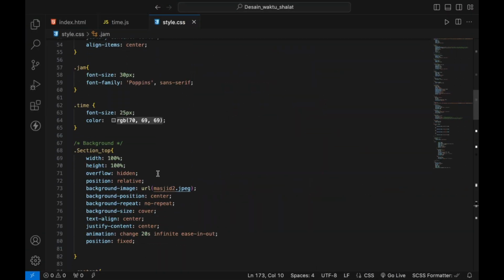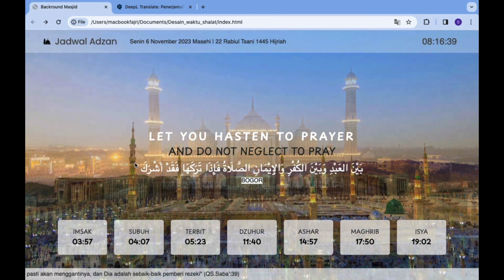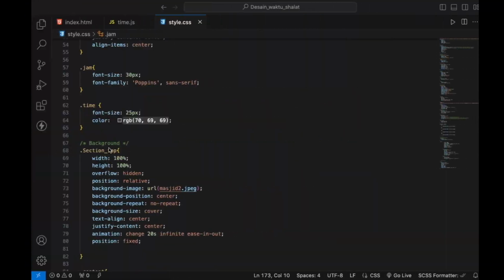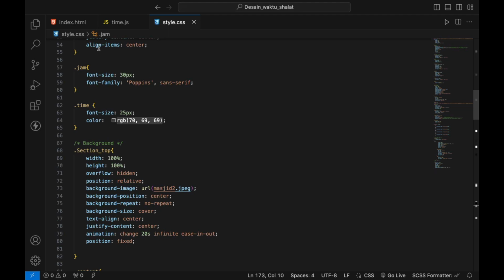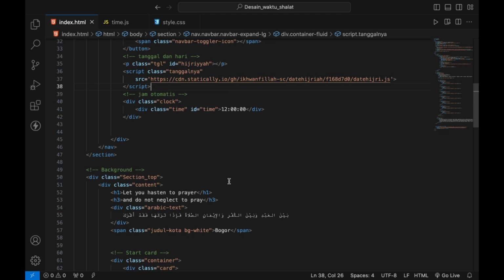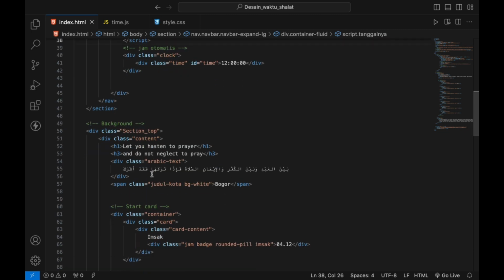And for the background change, I make this first in index.html: div class section top, and div class content.